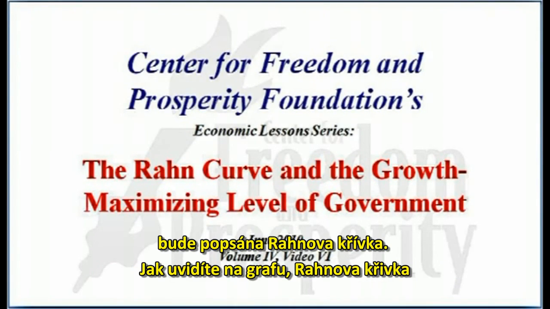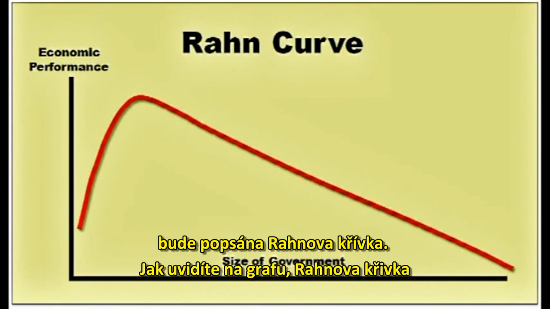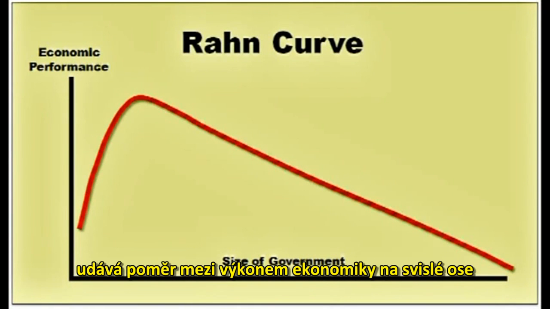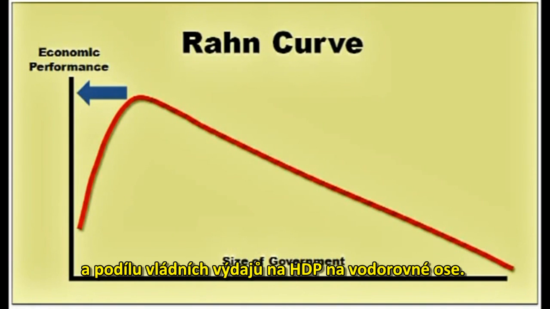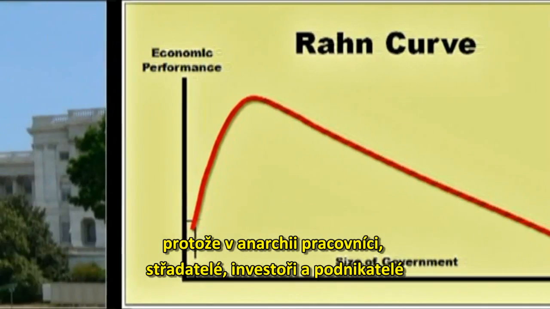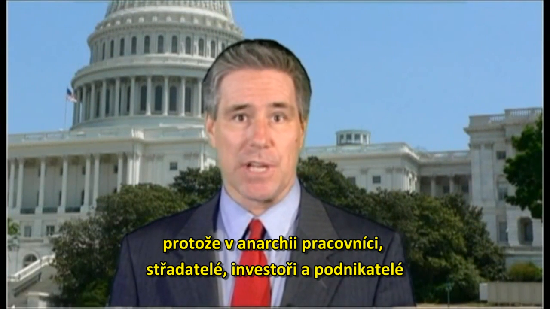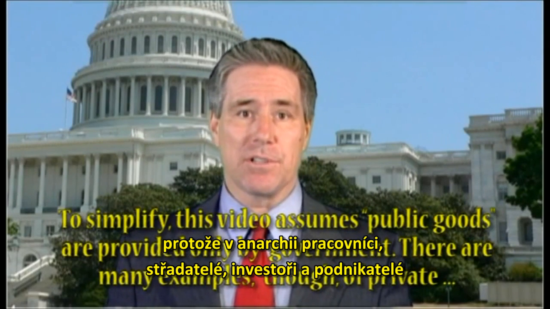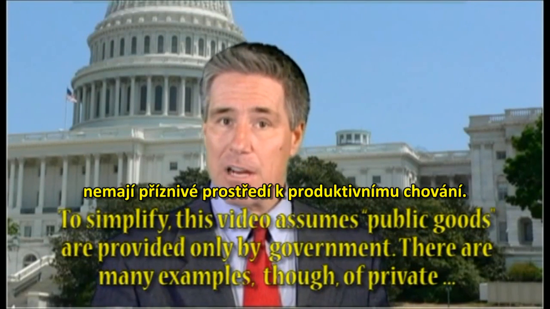the Rahn curve. As you can see on the screen, the Rahn curve shows the relationship between the economy on the vertical axis and government spending, measured as a share of gross domestic product, on the horizontal axis. When there is no government, the graph shows that economic output or growth is very low. This is because in a state of anarchy, workers, savers, investors, and entrepreneurs do not have an environment conducive to